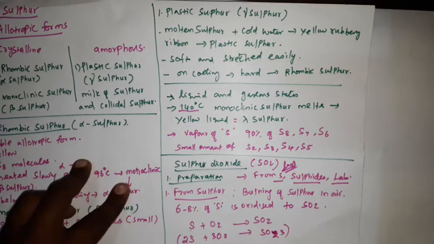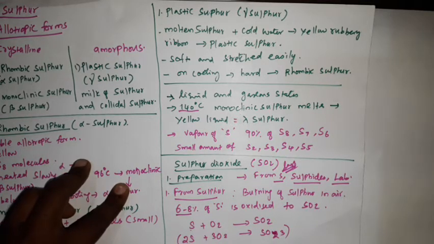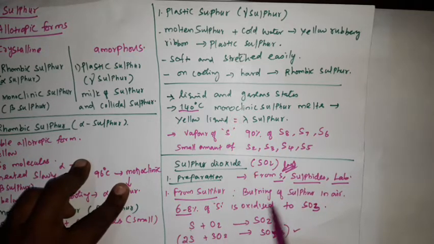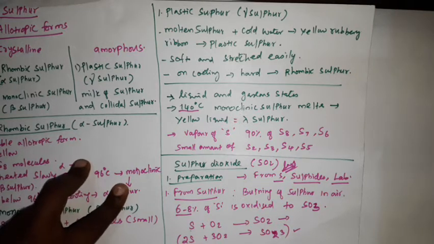But when some of the sulfur reacts in excess with oxygen, we will produce sulfur trioxide. Okay, so this you also actually need, because 6 to 8% of sulfur is oxidized to sulfur trioxide, not sulfur dioxide, sulfur trioxide. So this is important. So for the preparation of sulfur dioxide, this equation is enough. In case you write 6 to 8% of sulfur is oxidized to SO3, then in that case this equation is required.